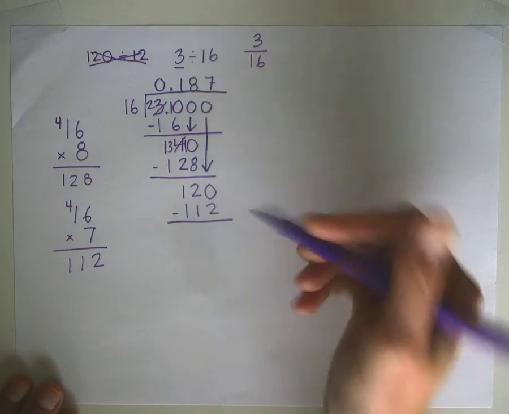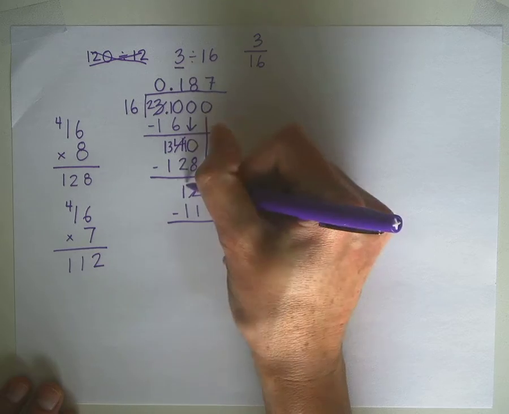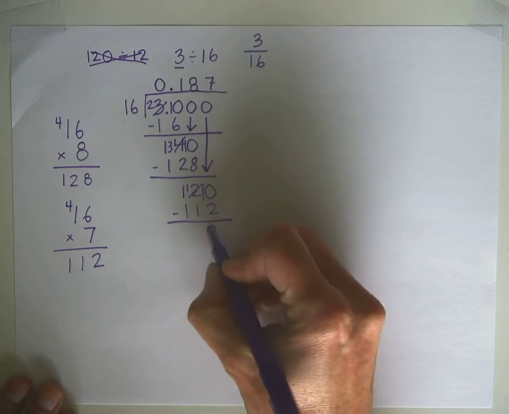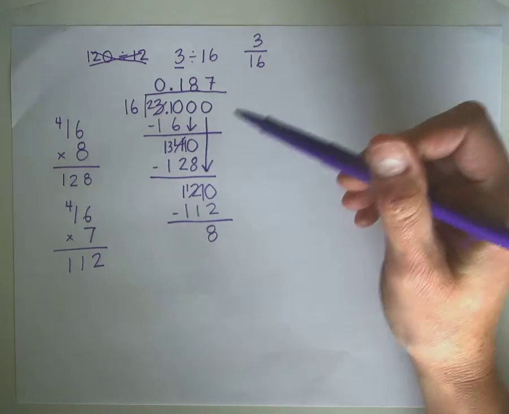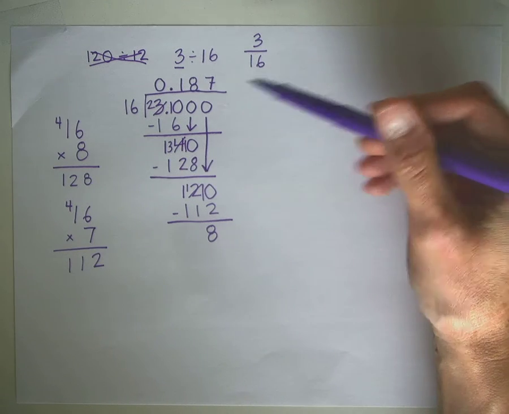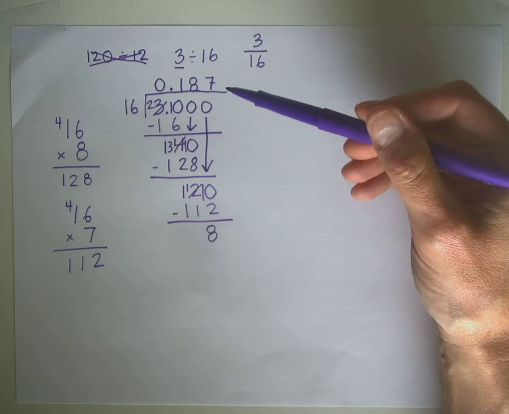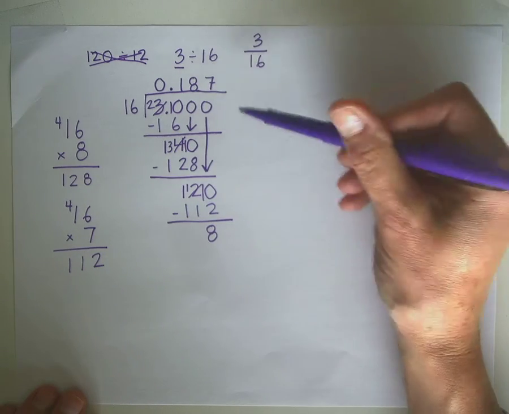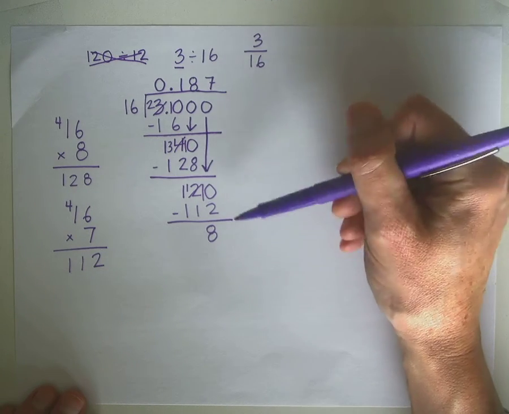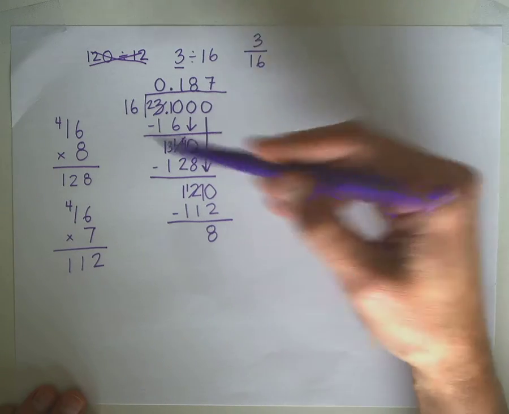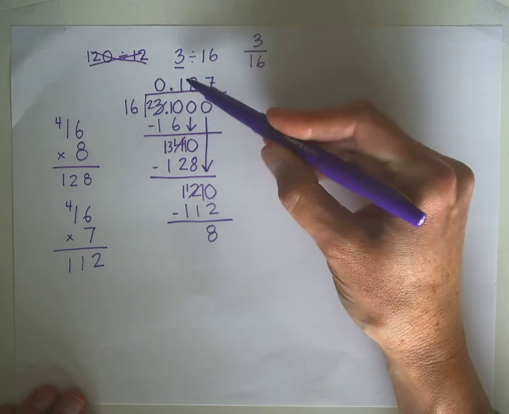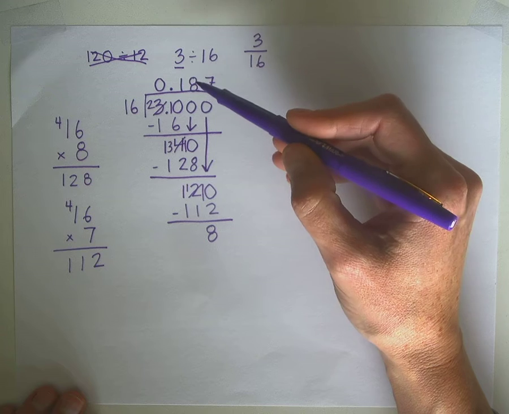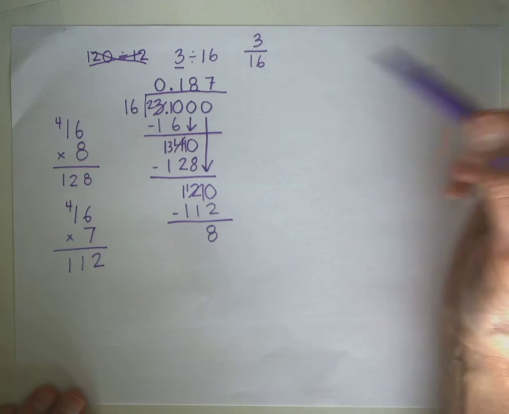Subtract, and we get 8. So now we have 3 digits past the decimal, so we don't need to do anything else with the division. We can just ignore this 8. You could keep going on and add another 0 and bring it down and say how many times does 16 go into 80,